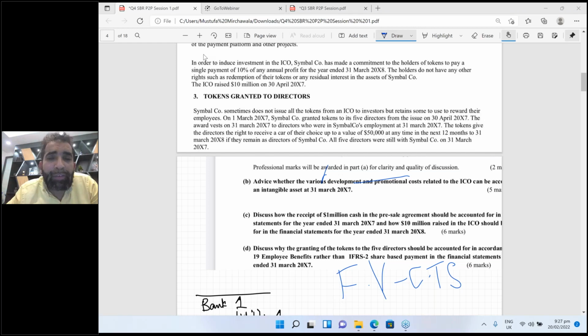One more thing which you have to write about an intangible asset is the life, whether the life is finite or indefinite. If the life is finite, then you have to amortize, you know this. And if you conclude that the life is indefinite, then you have to prove on what basis you decided that this life is indefinite.